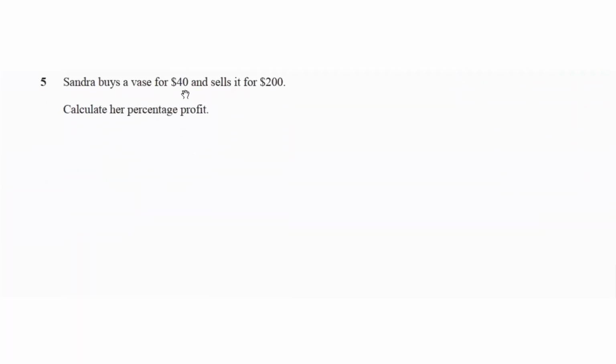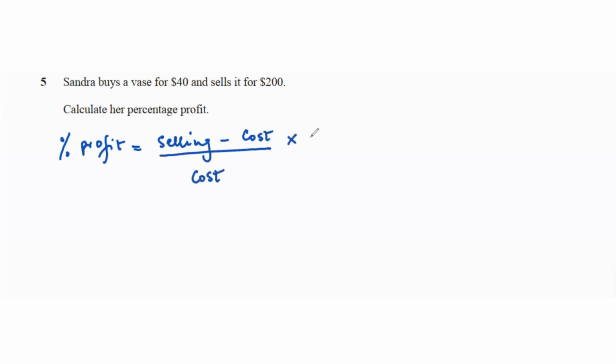Sandra buys a vase for $40 and sells it for $200. Calculate the percentage profit. So for the percentage profit, we're going to subtract the cost from the selling price and then divide it by the cost and times that by 100. That's going to be 200 minus 40 over 40 times 100, which is going to be 160 over 40 times